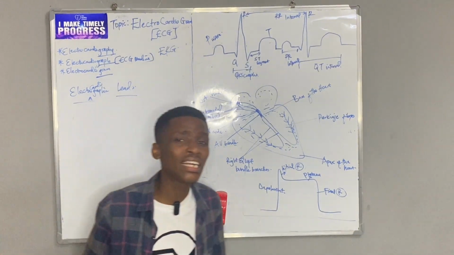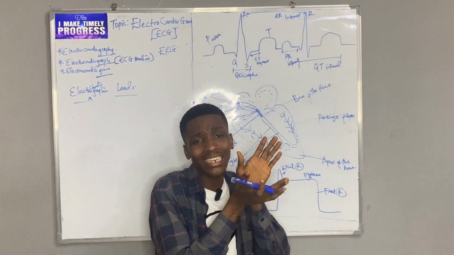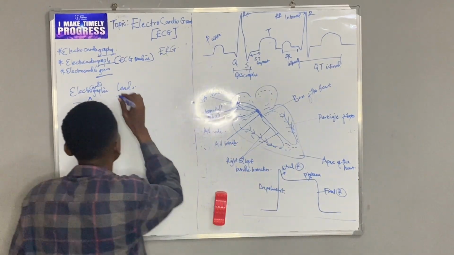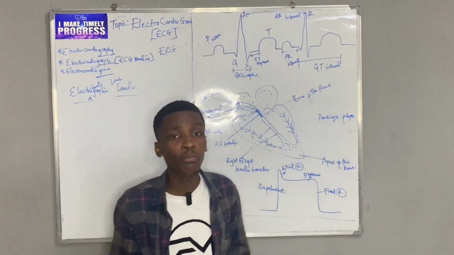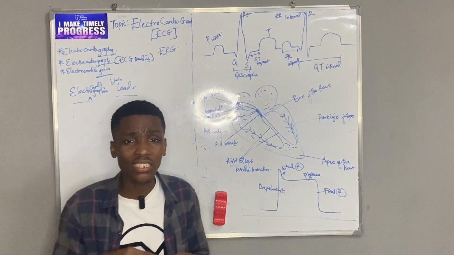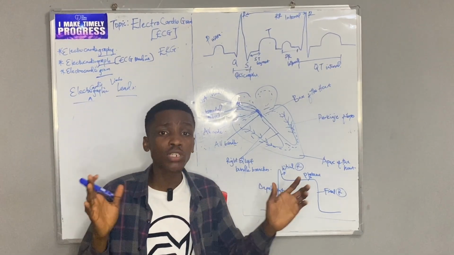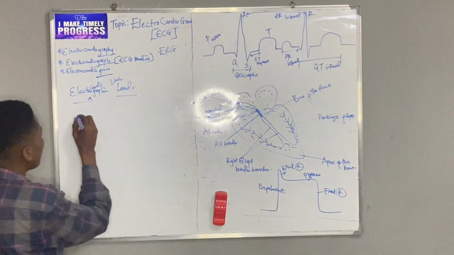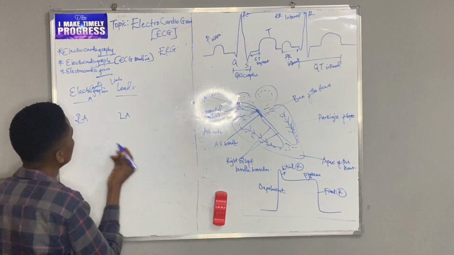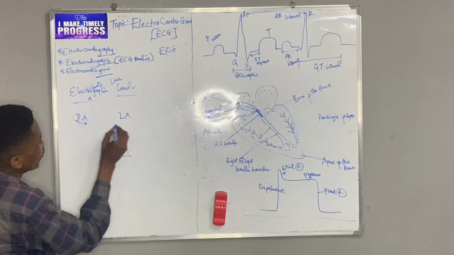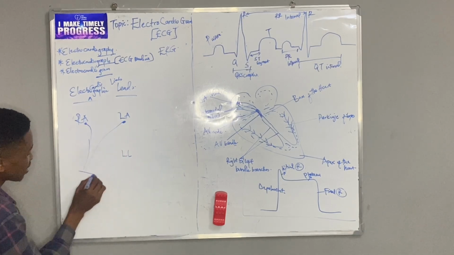Now, we have different kinds of leads. Usually they are divided broadly into two: bipolar limb leads, and then unipolar leads. Those bipolar leads, you go back and look at them. There are 3 in number. Based on which part of the body we are using, our focus is always the right arm, the left arm, and the left leg. If this is where I'm placing my leads and I attach them to the machine,